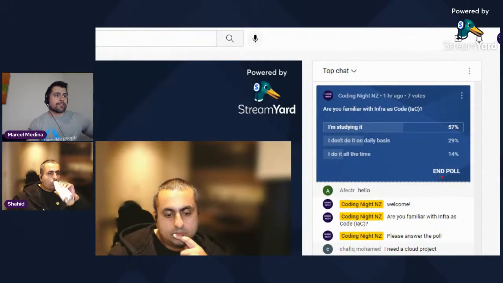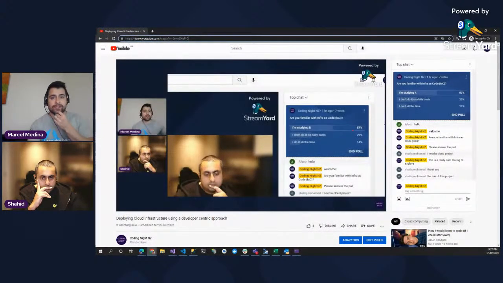Right, so in here I didn't close the poll, but you can see that people are studying. I think developers in general don't tend to do this that often. We just rely more on the infra engineers, but now we're working together doing that. So people are studying, which is great, and that's a really good session for any developers jumping into infra as code, more like infra as software, exploring Pulumi. Seems like really great tooling.